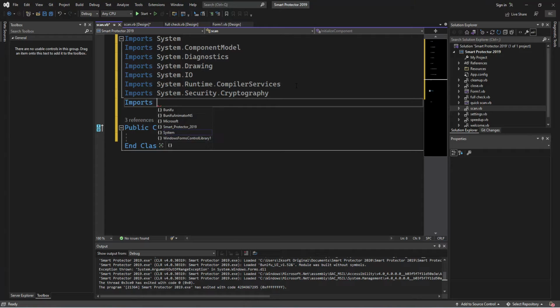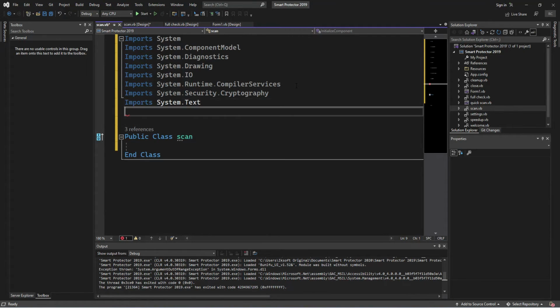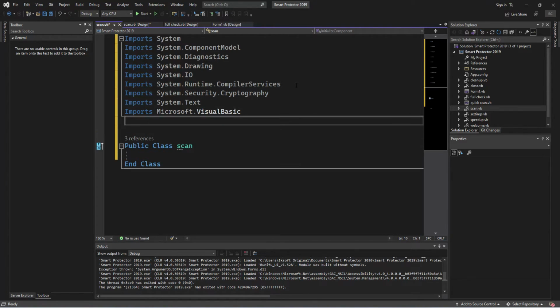We also import system.text, since we will be working with text. We just have to import Microsoft dot Visual Basic. And also the last thing is importing Visual Basic compiler service, and you have to make sure you have